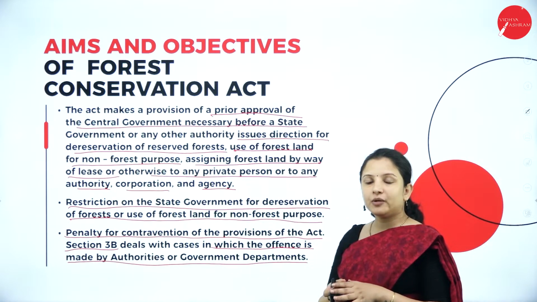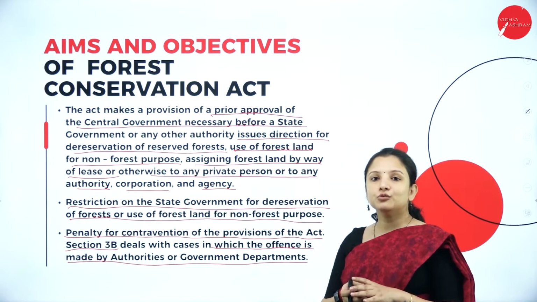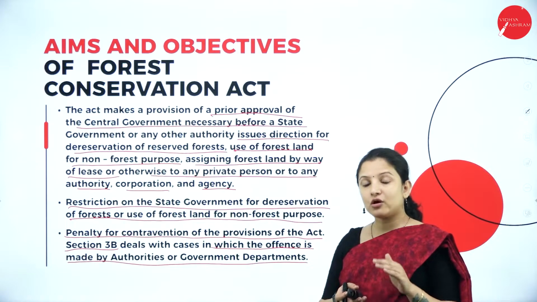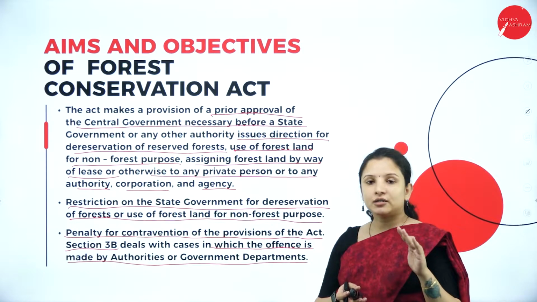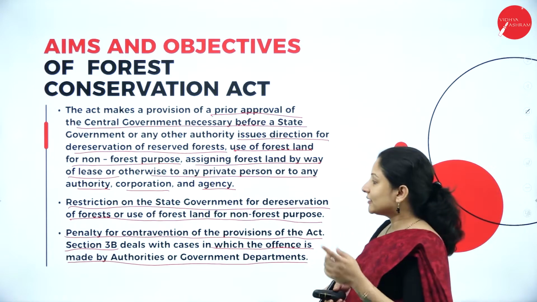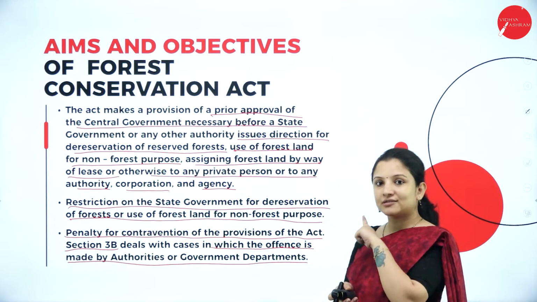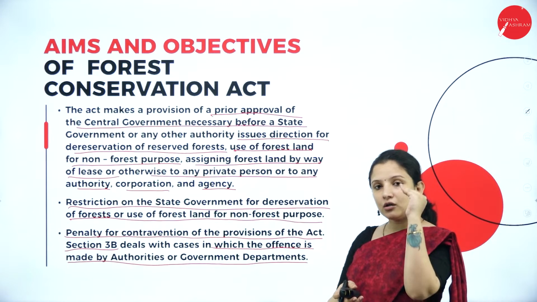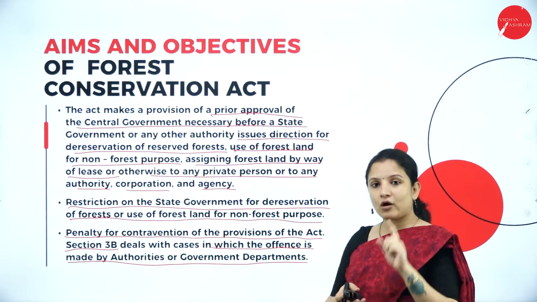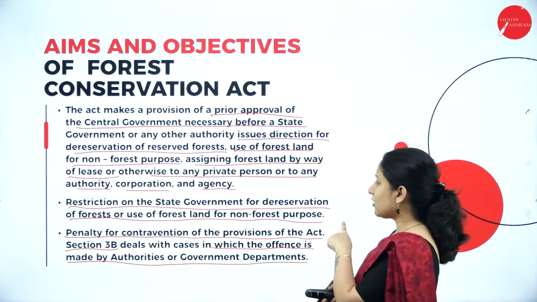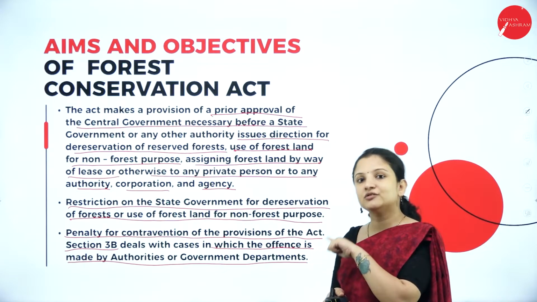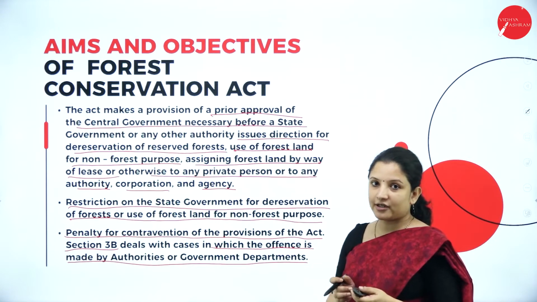Now, if people are the ones creating the problem, then there are certain rules and regulations. What if the government itself doesn't follow the rules and regulations according to the Forest Protection Act? Then there is a particular section, section 3B, in which a lot of rules and regulations are put forth to state what has to be done if the authorities of the government department or the forest officials themselves do not follow the rules and regulations.